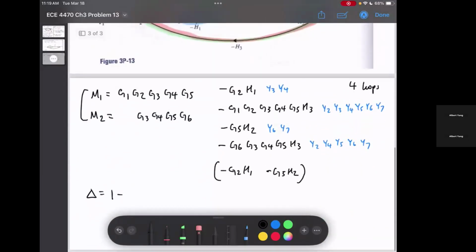So that would be 1 minus, then negative, so we have 4 loops, that would be negative G2 H1 minus G1, G2, G3, G4, G5, H3, then minus G5, H2, minus G6, G3, G4, G5, H3, and then